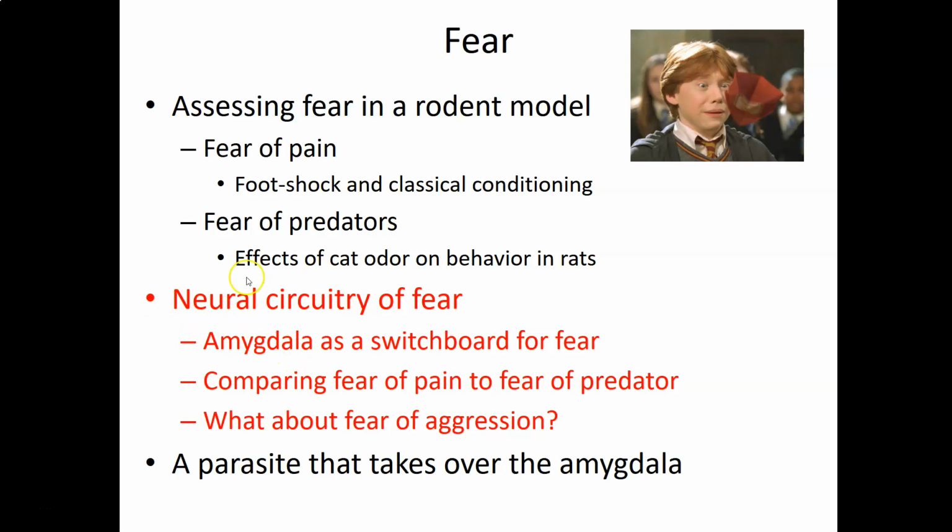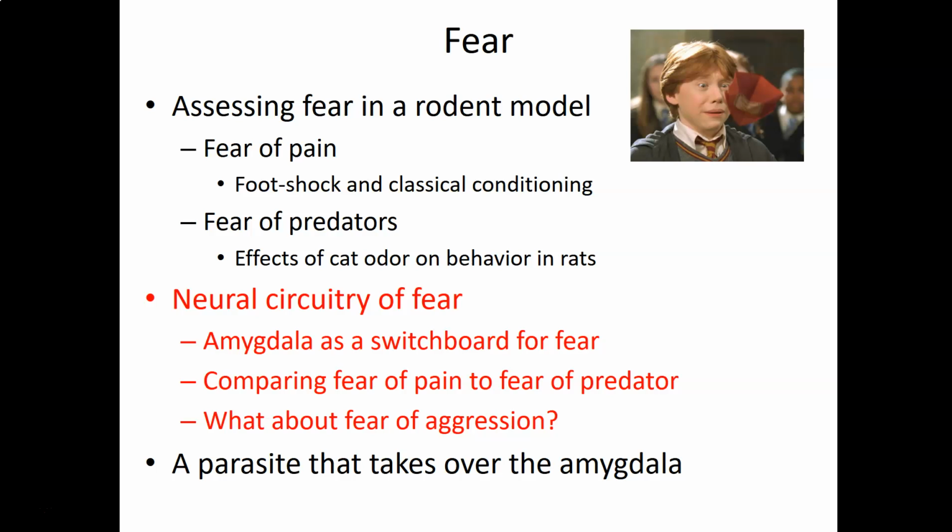So now I'm just going to introduce you to current thinking about the neural circuitry of fear and how these different kinds of fear, whether it be pain, fear of predators, fear of aggression, how they funnel through the brain through the amygdala and other areas to result in an appropriate behavior. So, for example, the appropriate behavior in the fear of pain